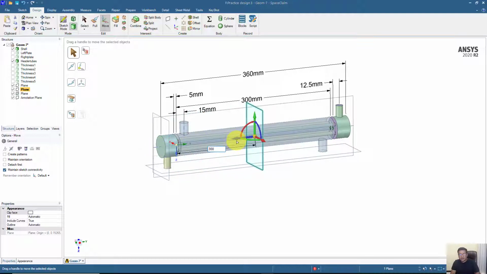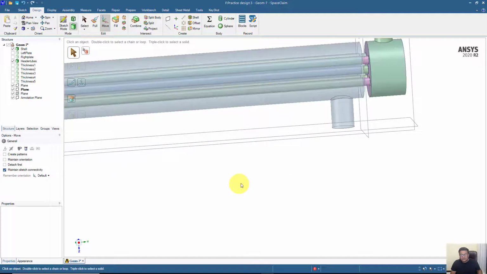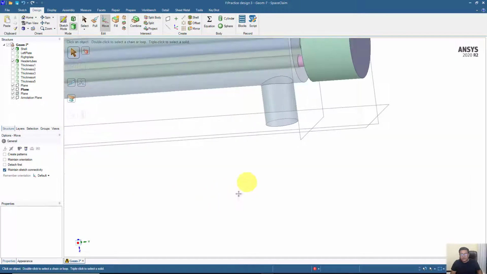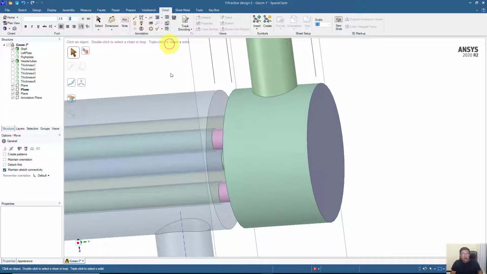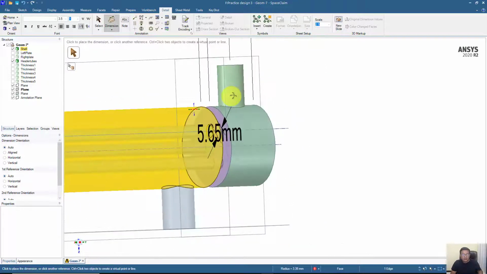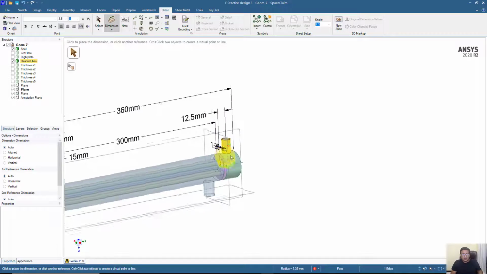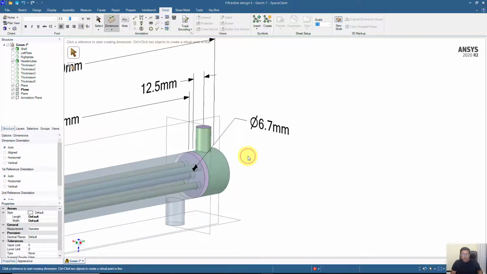So 300 millimeters will be the same. Or you can directly create the plane at this location. Okay, so now I'm going to create the dimension for these tubes. Okay, this would be a better option here.